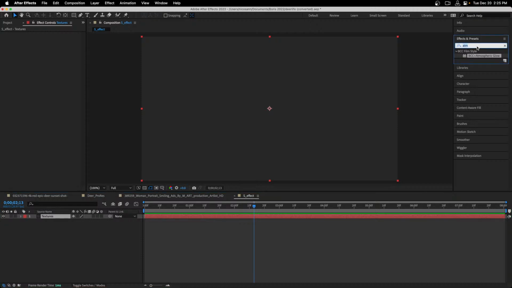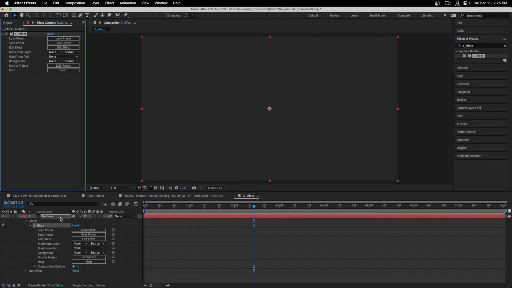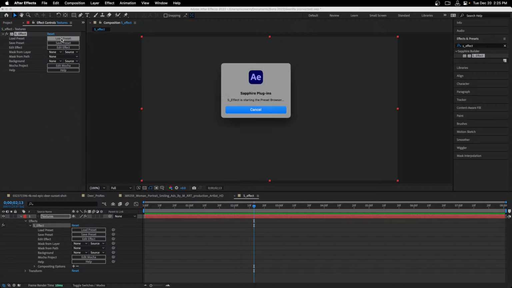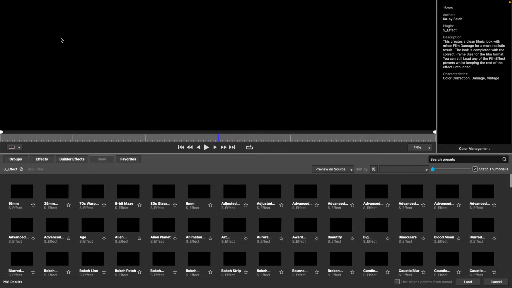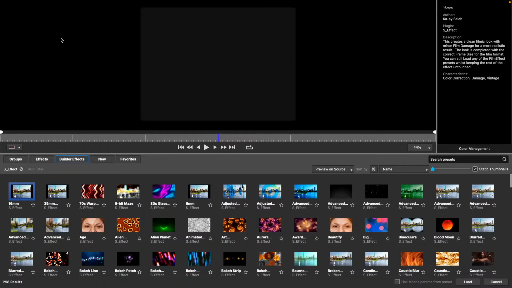And one way to first of all see this is to add one effect called S_Effect. So I'll type in S underscore effect right now, and we'll go inside the Sapphire Builder category. We'll find it, and I'll apply it to a solid here inside my After Effects project in a composition. First thing, like we've done with some of the other effects that we've applied, I'm going to load a preset. One thing is very different compared to the other presets that we've searched for. In every instance so far, we've searched for effects only